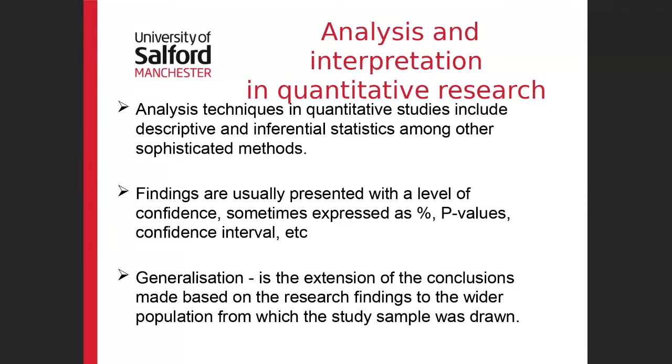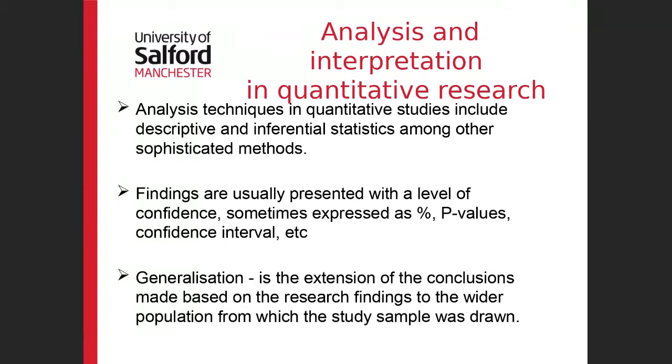Now, what we're doing in quantitative research is typically studying in the fields of health and society. We're studying a sample of people, and we're drawing that sample of people from a much, much larger population. And so the findings are normally presented with a number which quantifies our level of confidence. A very approximate way of thinking about that is that that number quantifies, if you like, how confident we are that that finding in our study can be extrapolated or generalized to the wider